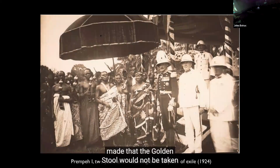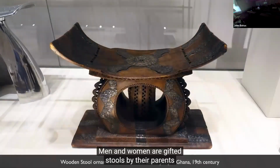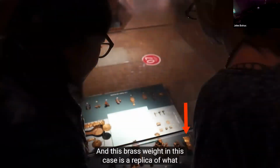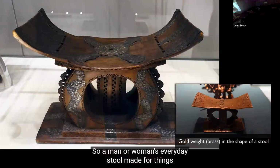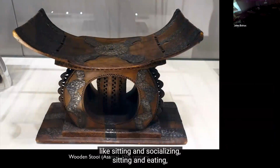And there was a promise made that the golden stool would not be taken, and the golden stool was allowed to come out of hiding. Men and women are gifted stools by their parents when they come of age. And the idea of stools is really central, not just to kingship, but to everyday people. And this brass weight in this case is a replica of what a man or woman would sit on, but made of wood. So a man and woman's everyday stool used for things like sitting and socializing, sitting and eating,